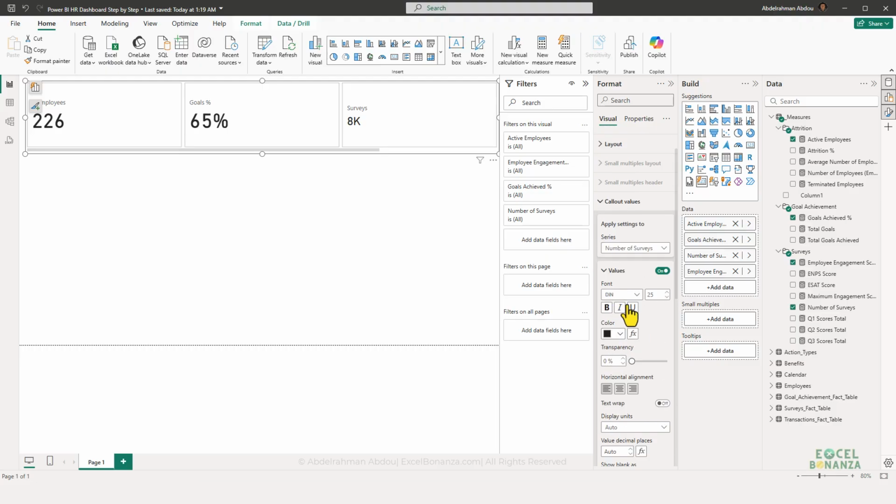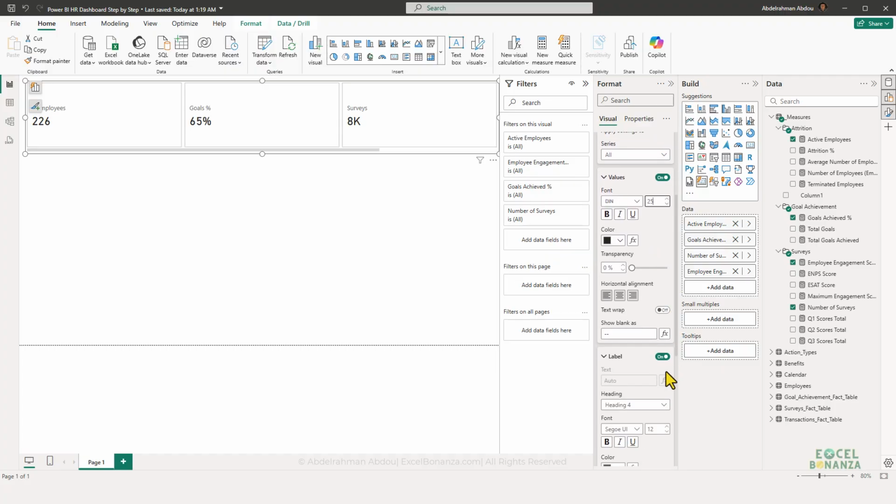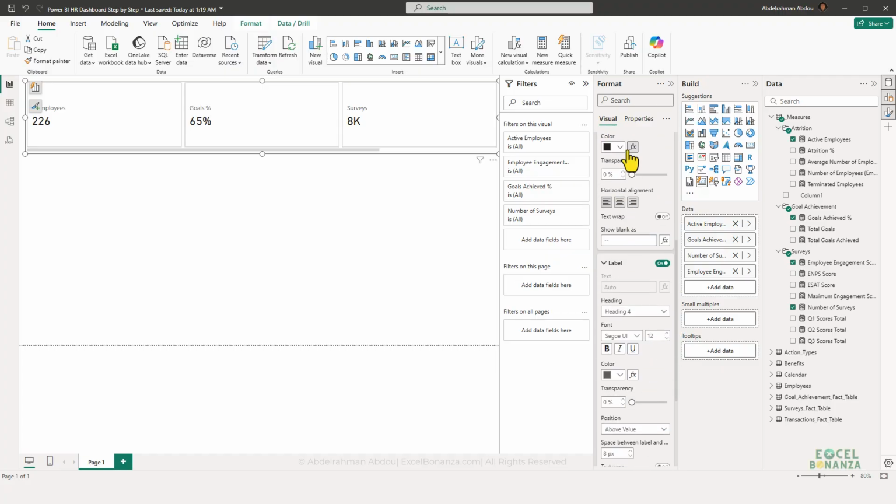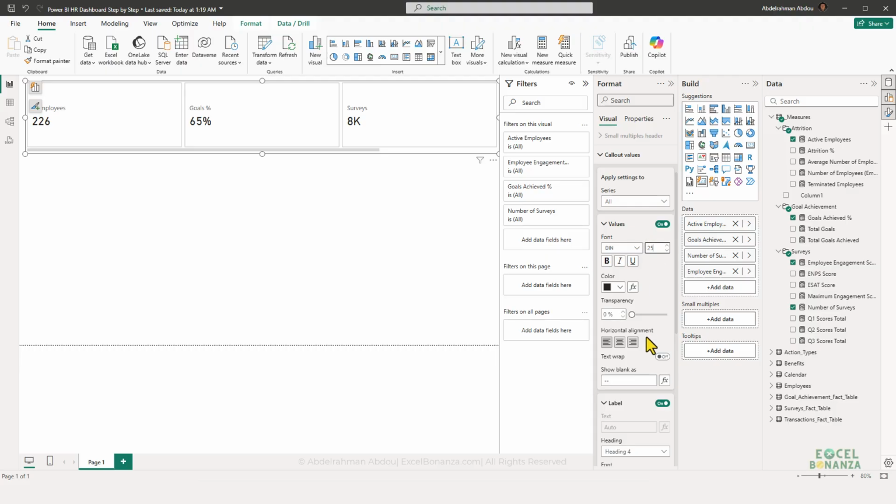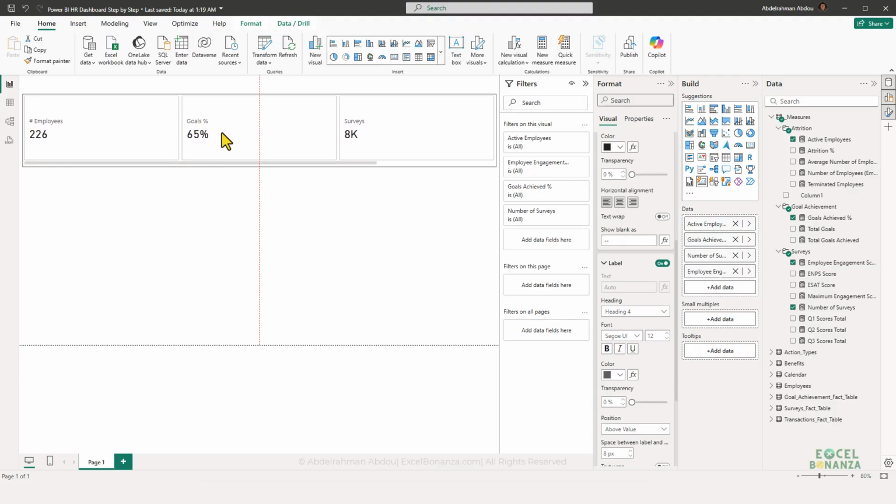We're gonna make them 12, and actually, we're gonna apply these to all of our KPIs. So we're gonna make the values here 25 and the labels 12. So as you can see here,